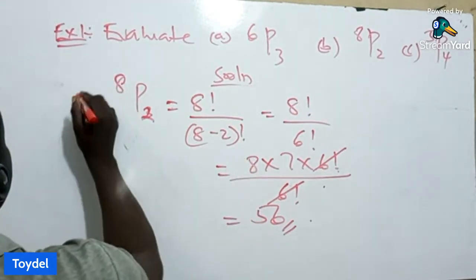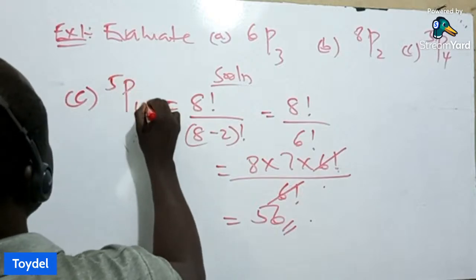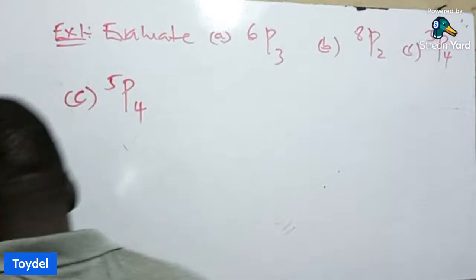Then we go to the third one, where we have 5 permutation 4. So 5 permutation 4 is going to give us